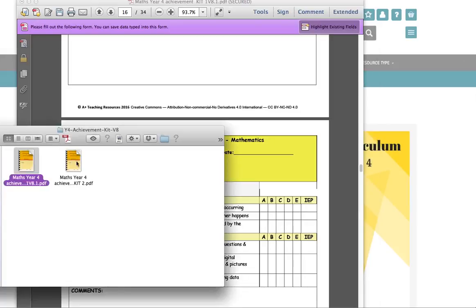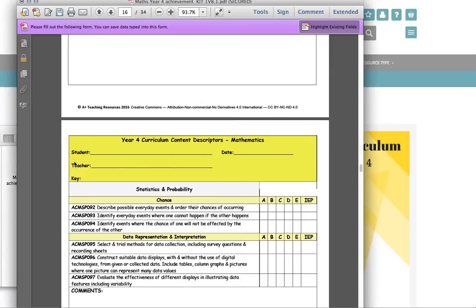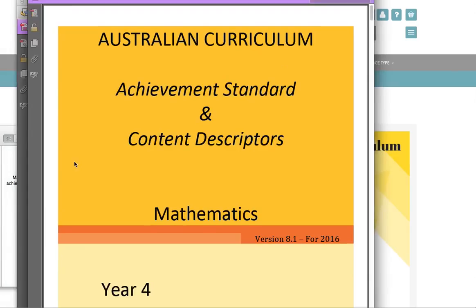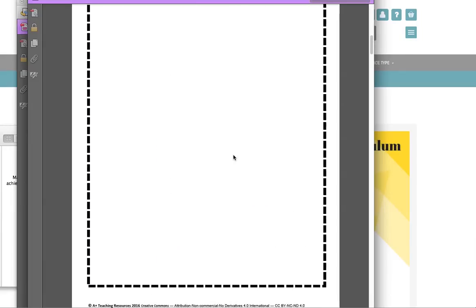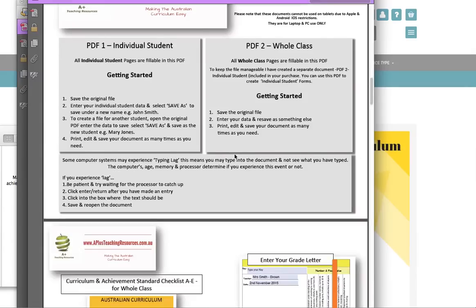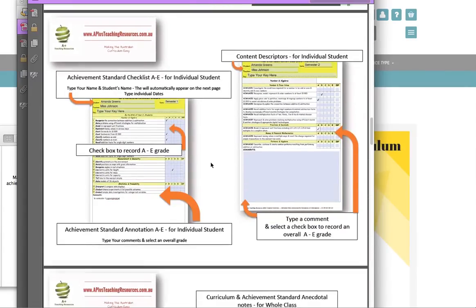Let's also have a look at the other document she's got here. So this again will show us where we can go through and edit. So again, I can pop down here my name, and what I put here will be carried across right through the entire document, saving you hours of preparation and planning. That's fantastic. So what you will need to do is download that Adobe program so you can jump in here